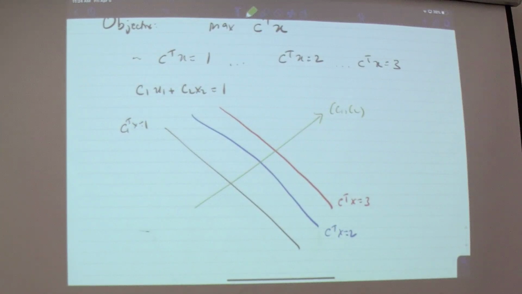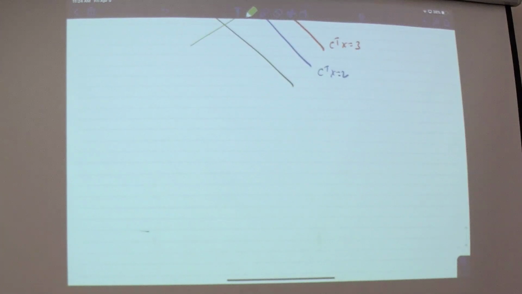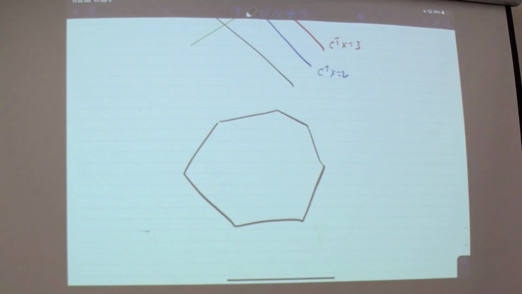So now let's put all this together. What is linear programming telling us? Well, it told us that the feasible region is some kind of polygonal region. We don't know what it looks like, and we know it can be unbounded. Now let's pretend it's not unbounded. Let's pretend it's a closed region. So maybe it looks something like this. This is some description of what AX less than or equal to B looks like.